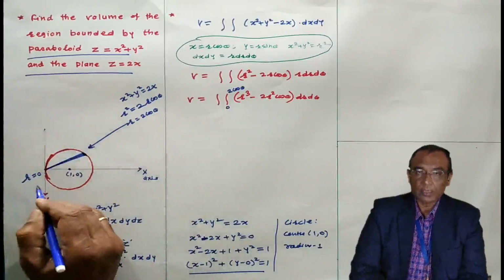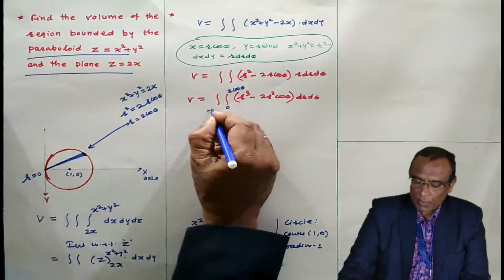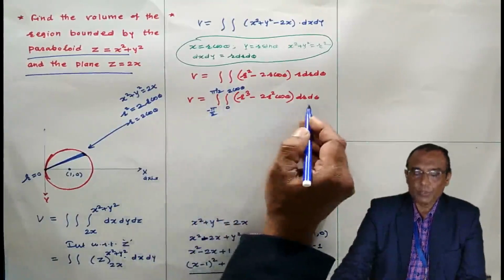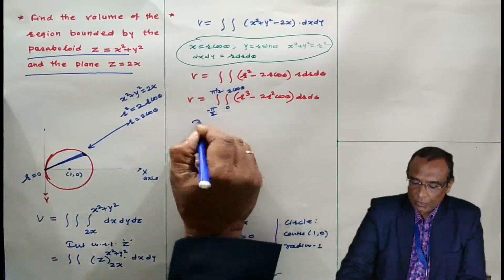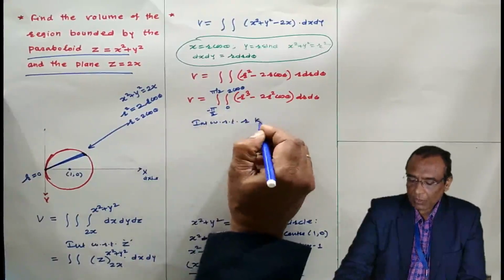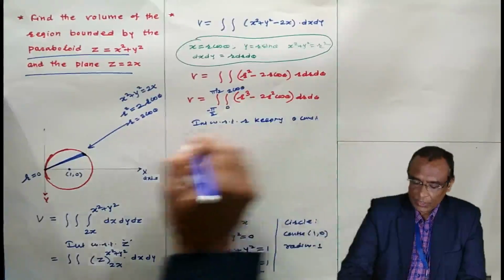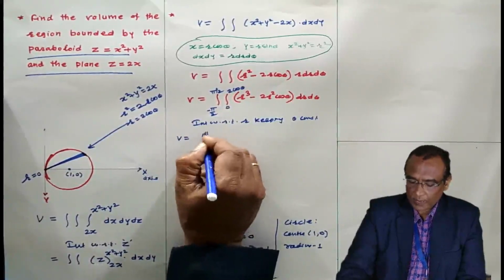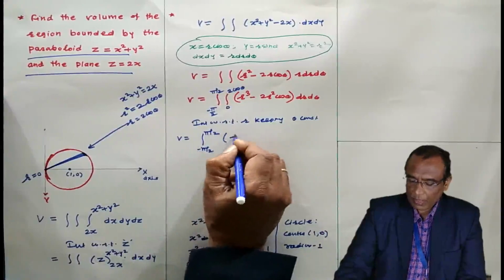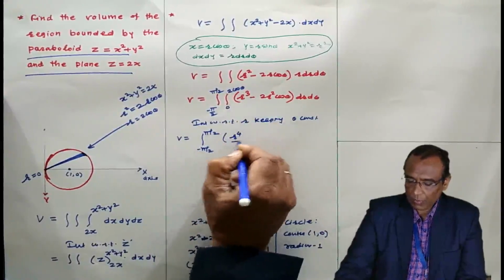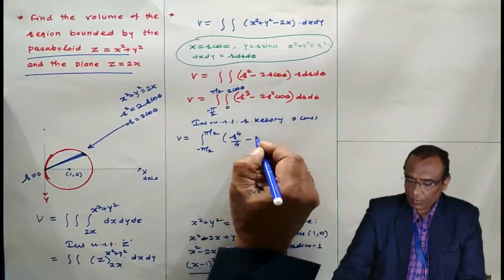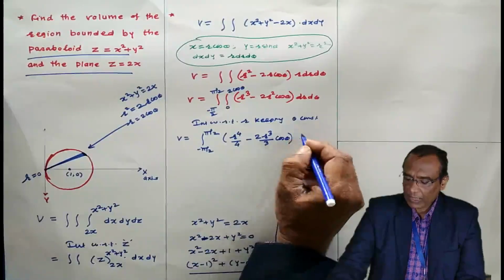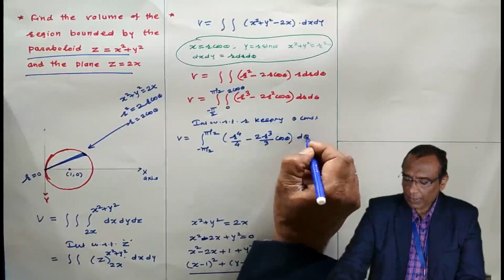Here we rotated the strip through minus pi by 2 to pi by 2. Therefore now we have obtained the limits. Now integrate with respect to r first, keeping theta constant. The integration of minus pi by 2 to pi by 2 as it is, and integration of r raised to power 3 is r power 4 by 4, integration of r square is r cube by 3. We have taken integration with respect to r, only d theta will remain.